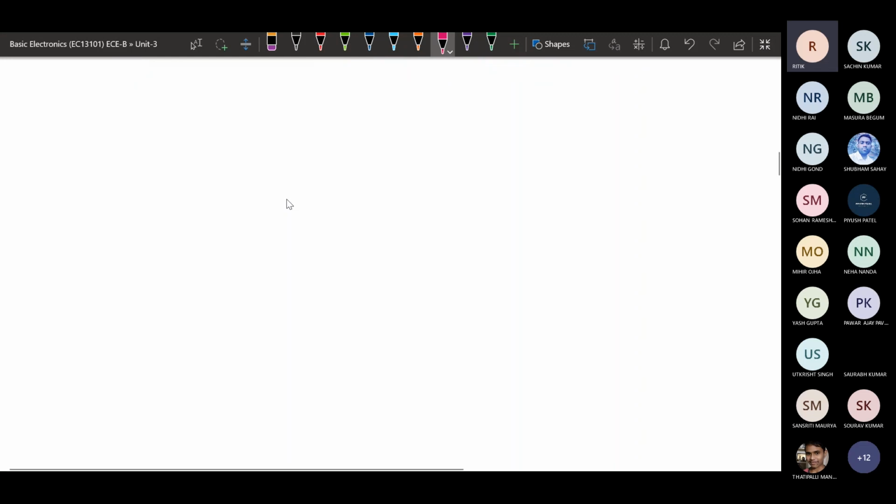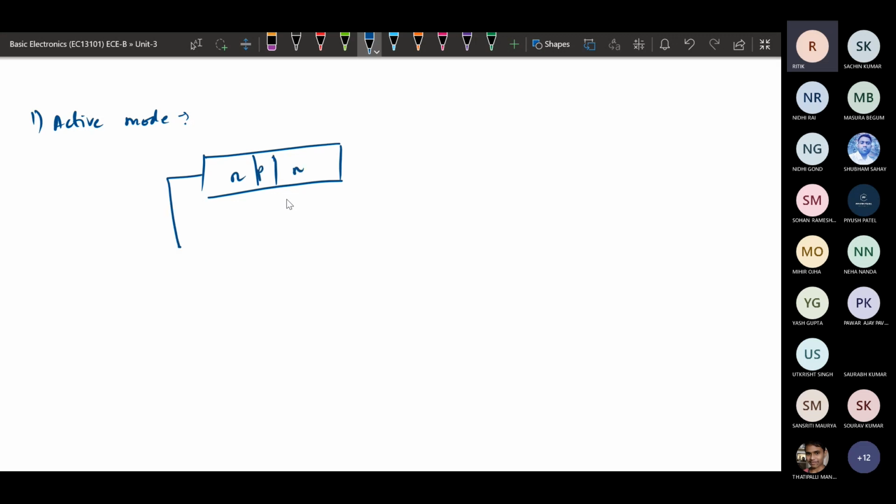So we will go with the case of active mode: what should be the configuration? Suppose this is an NPN transistor. In active mode it will be forward biased.